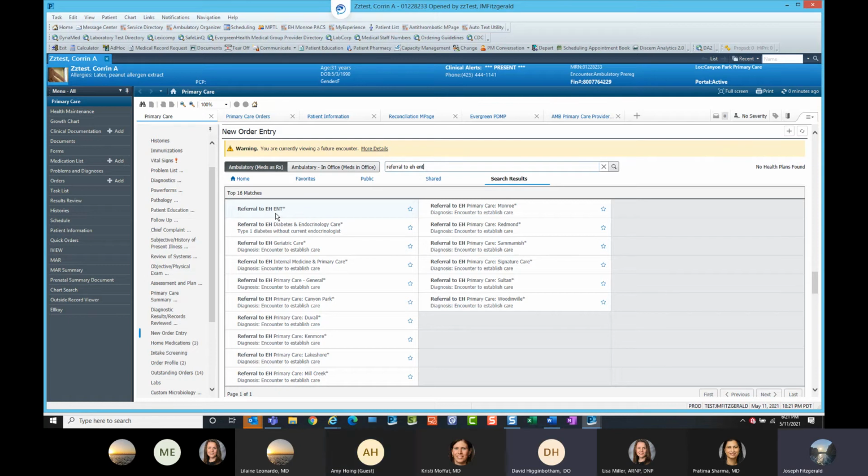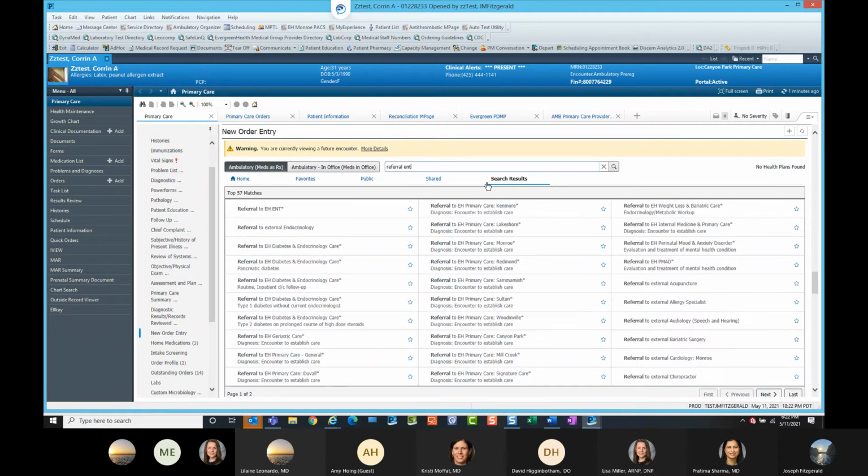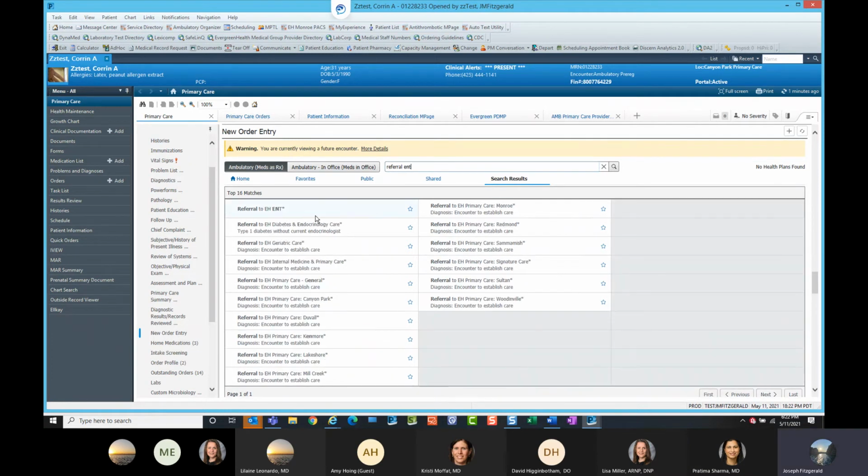So if I'm looking to do this referral to ENT, which I see within the patient's chart, you're saying that you cannot pull this order from Message Center? It's all about how you word it. So right now you have exact wording and so it matches. But if you put down here, referral ENT, and then if you go to the other place, you put down referral ENT, you get a different result. So here, you'll see it. I'm still seeing it here, but when I go back through here,